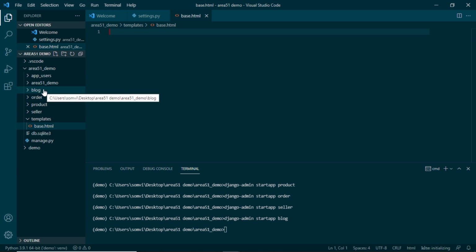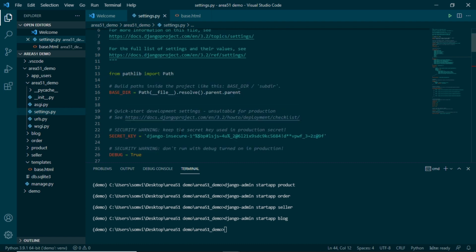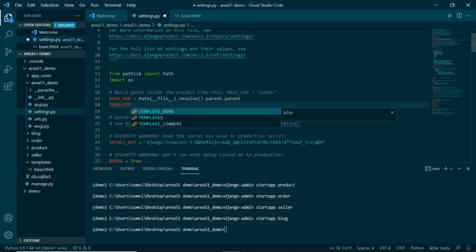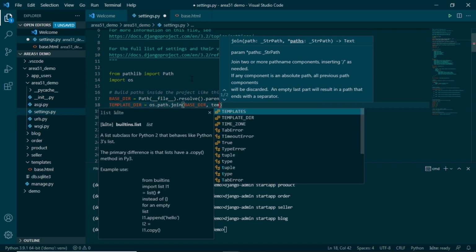How we will do that is we'll go to settings.py. If we scroll up, we will see base directory. First of all, we will import os. After that, we will use template underscore dir. So we will use os.path.join base directory and templates.